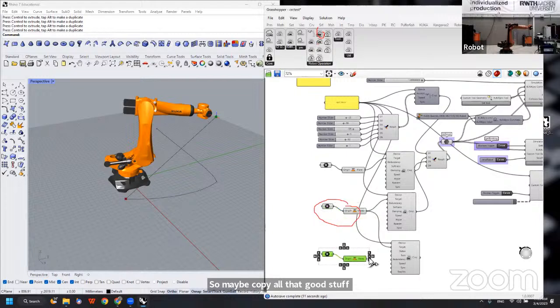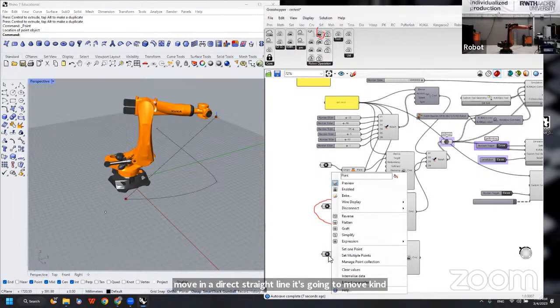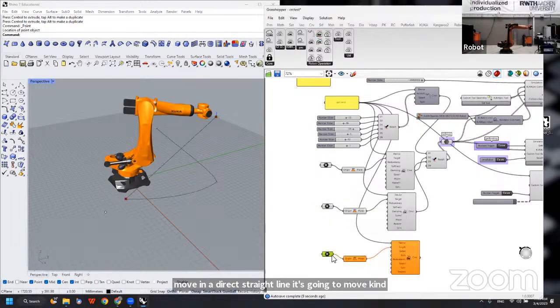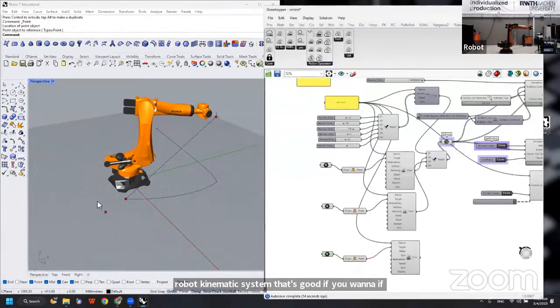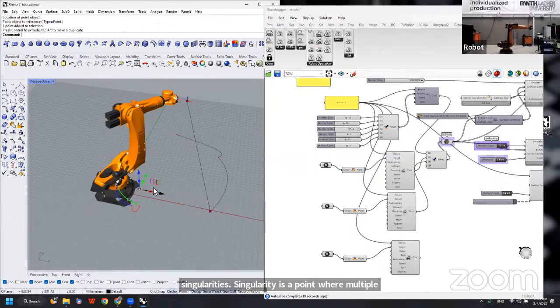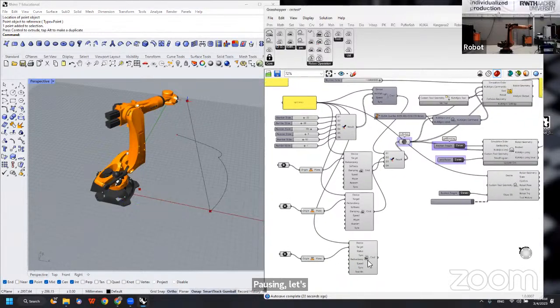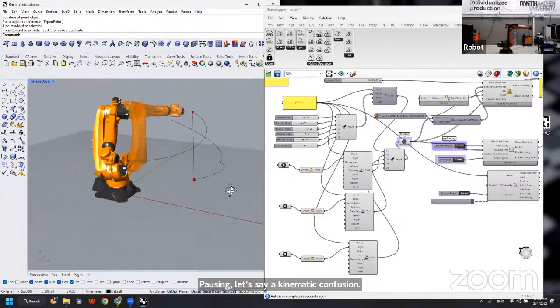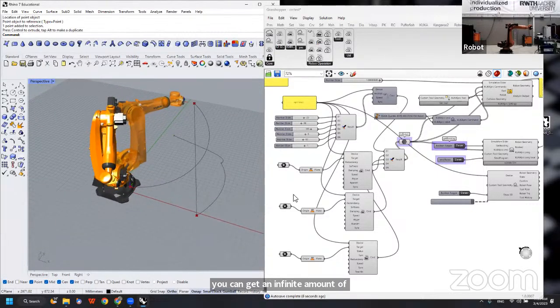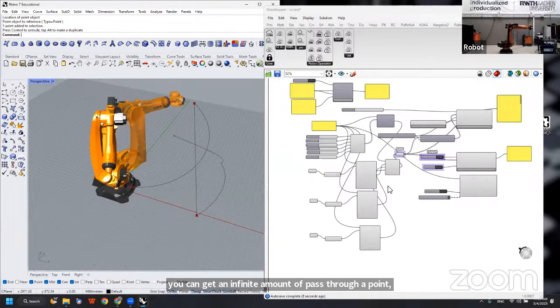Now, point-to-point motions allow the robot greater freedom between plane A and plane B. So what you're going to see is that the robot doesn't move in a direct straight line. It's going to move kind of in an arc in a way that's most convenient for the robot kinematic system. That's good if you're hitting singularities. A singularity is a point where multiple axes of your robot are perfectly aligned, causing, let's say, kinematic confusion. That's not the technical term for it, but essentially you can get an infinite amount of paths through a point, and the inverse kinematic solver is not able to calculate it fast enough because there are so many options